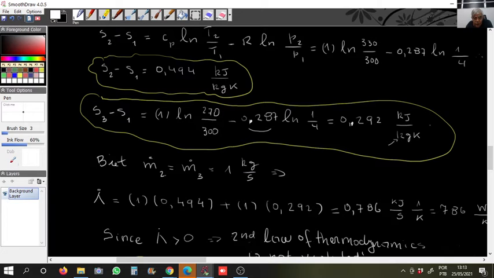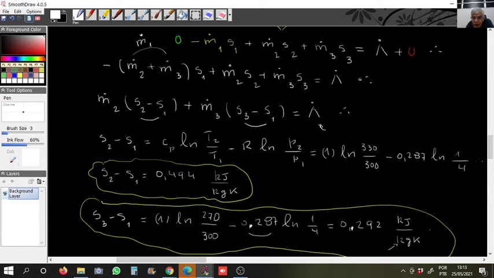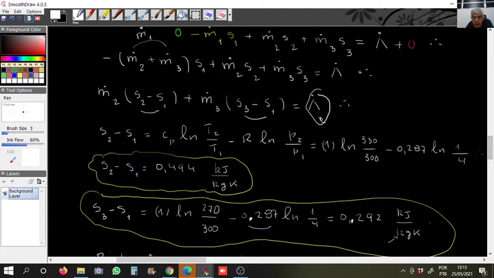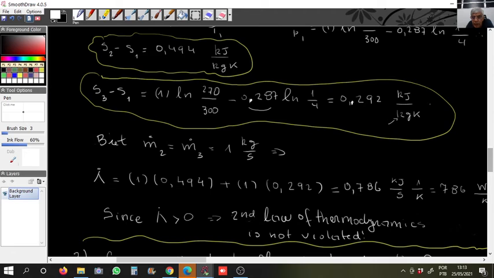Now M2 is equal to 1, M3 is equal to 1. So if I substitute, it is still isolated. I'll calculate now the entropy generation here. I just substitute this number, multiplying by 1 here and by 1 here. So actually it will be S2 minus S1, plus S3 minus S1. Just this calculation over here, I have 0.786